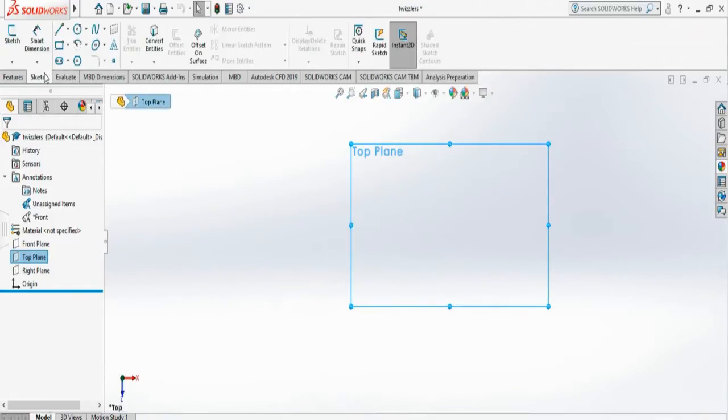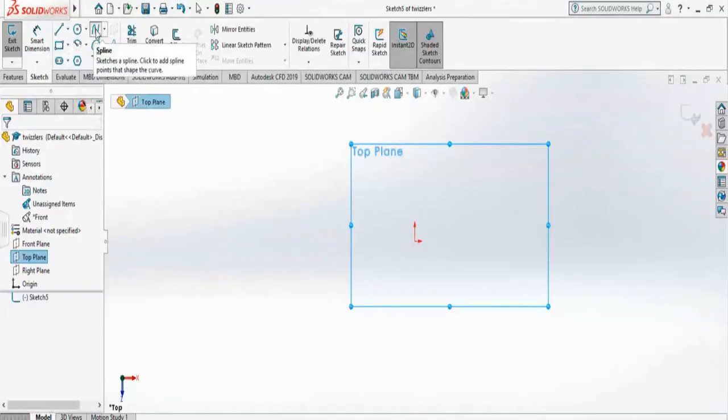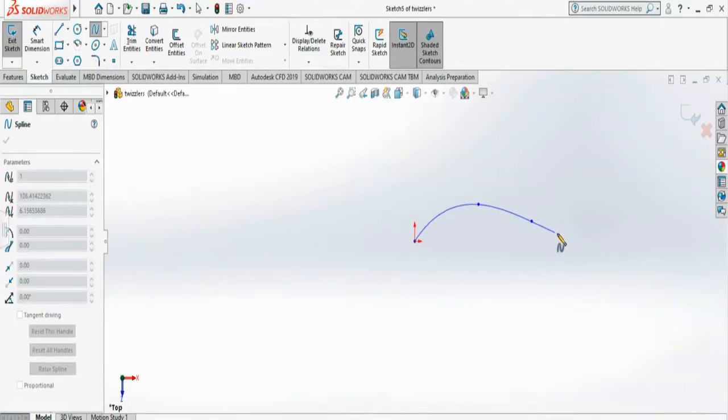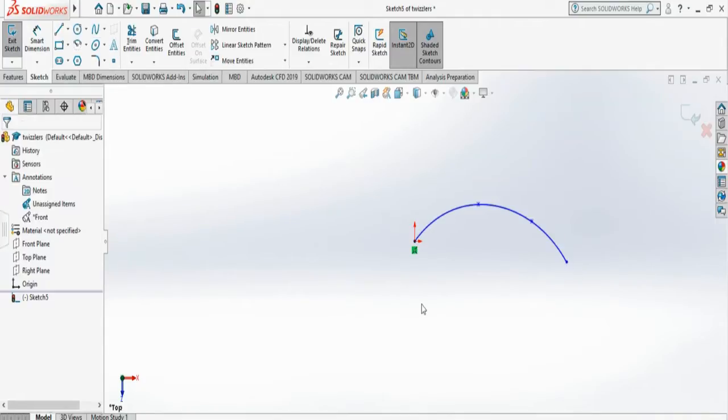So I select the sketch and just a spline. So normally this curve would do. I press escape to accept that. I need to